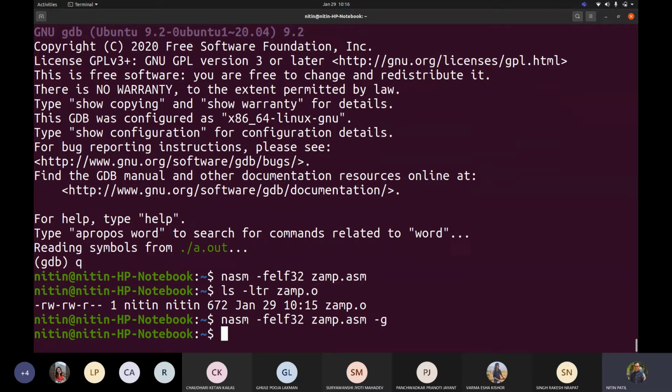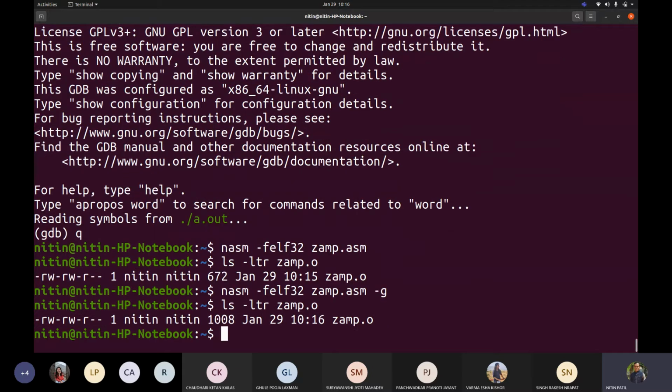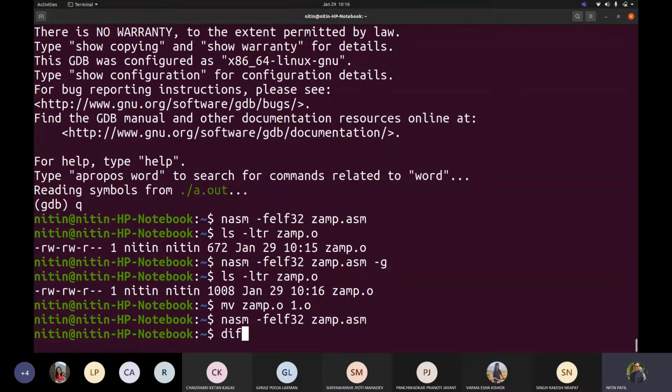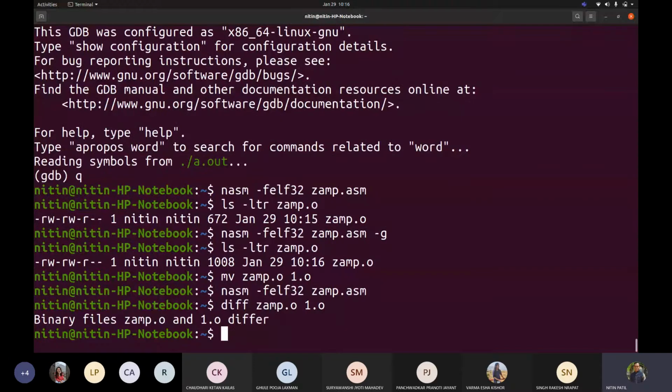Now if I write dash g and if I see the size now, ultimately the size is big, correct? So let us say mv XAMPP.o to 1.o, and we will create this. Now if I try to write diff XAMPP.o and 1.o, because their sizes are different.